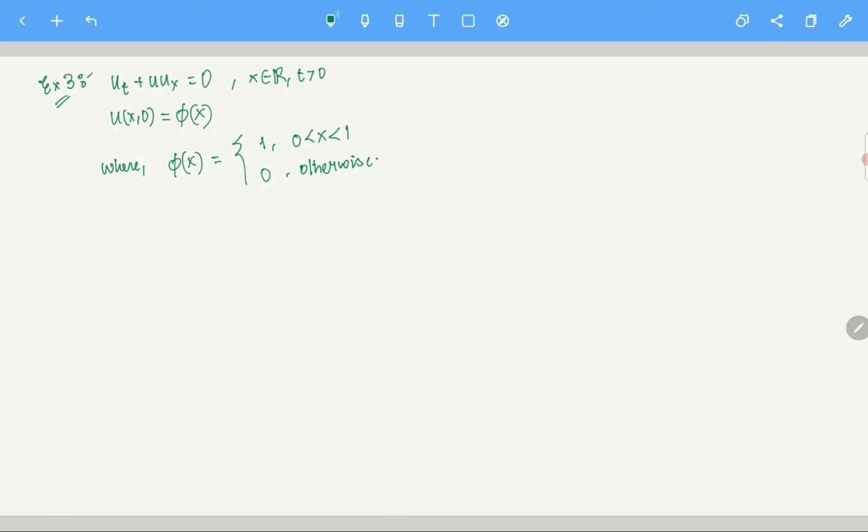We have solved it many times. We already know what the characteristic curves are. So the projected characteristic curves, I am not proving this here, are given by,